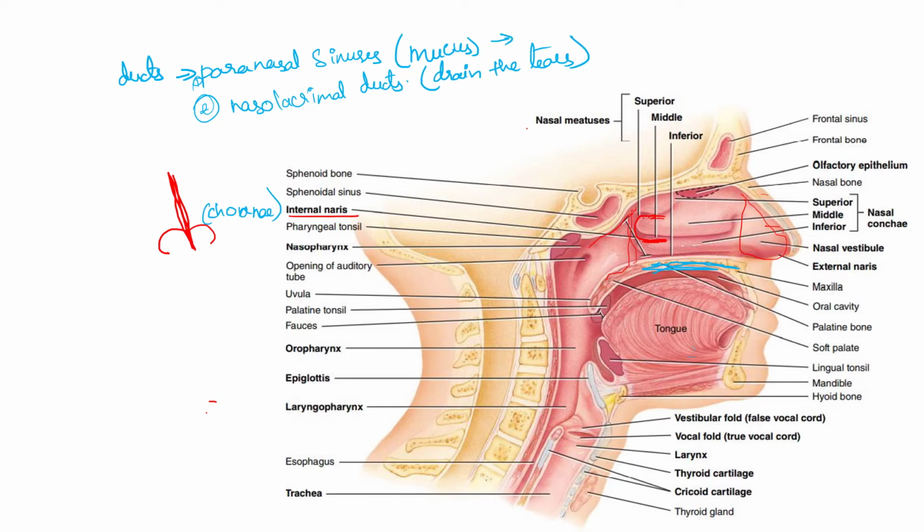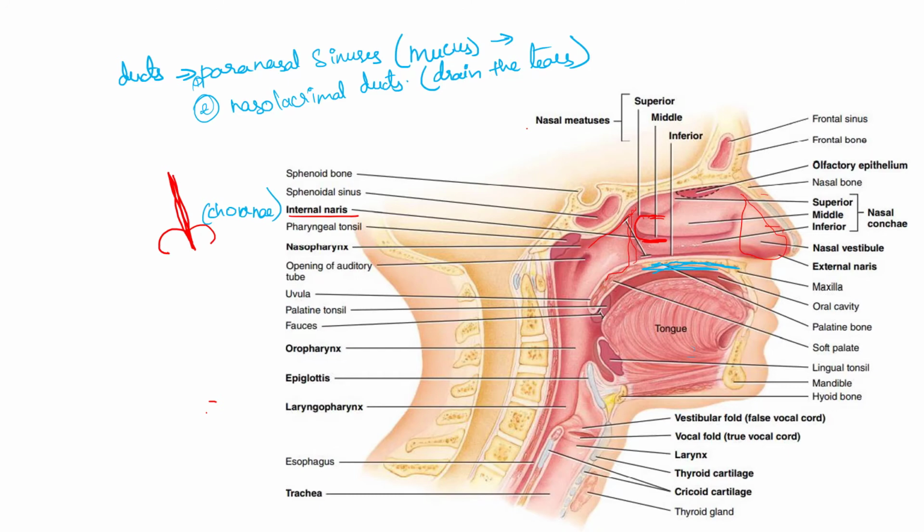When we come back to the paranasal sinuses, this paranasal sinus is not only located in our nose, it is also present in our facial bones as well as in our cranial bones. As I told you, these sinuses are rich with this mucous membrane. Wherever these sinuses are located, they are lined with this mucous membrane. So let's see where these sinuses are located in our skull.